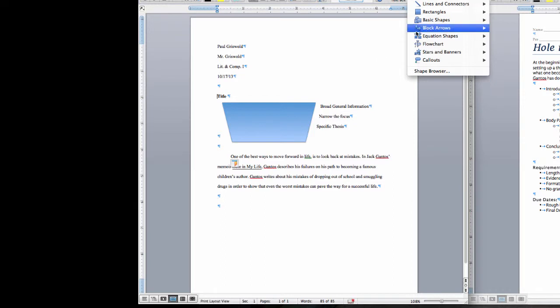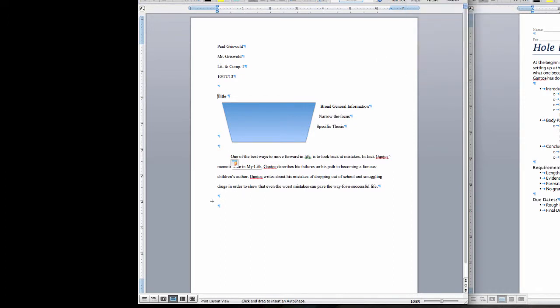All right, so I'm going to draw a nice box for us here. And this box starts with a main idea or topic sentence. And in my essay, my first main idea is clearly going to be about dropping out of school.